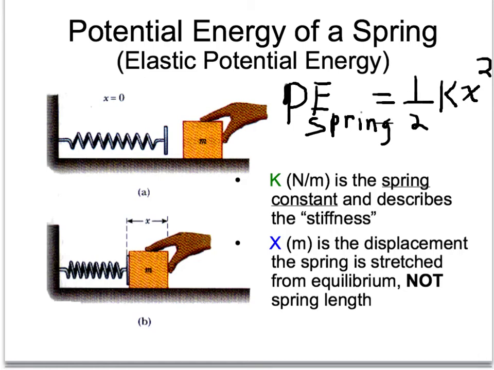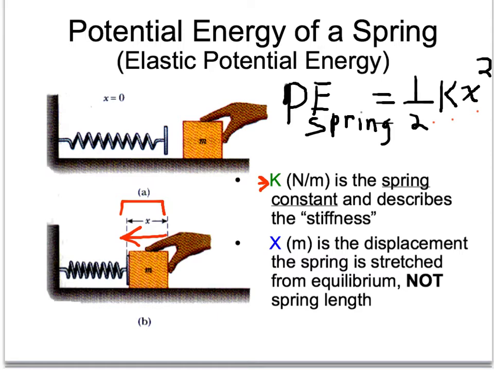All right, the first type of potential energy I want to talk about is spring potential energy. It is the potential energy whenever you compress a spring a certain distance. So the displacement here, that x, is the amount the spring was compressed. And spring potential energy equals 1/2 kx squared, where k is what's called the